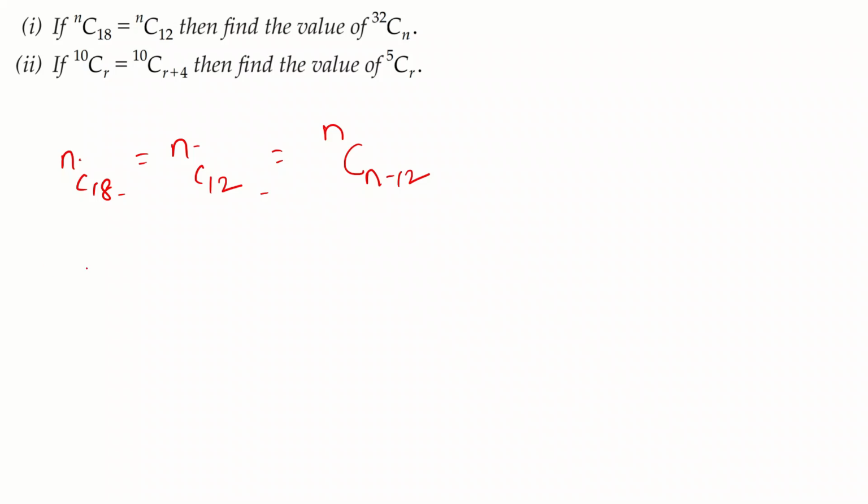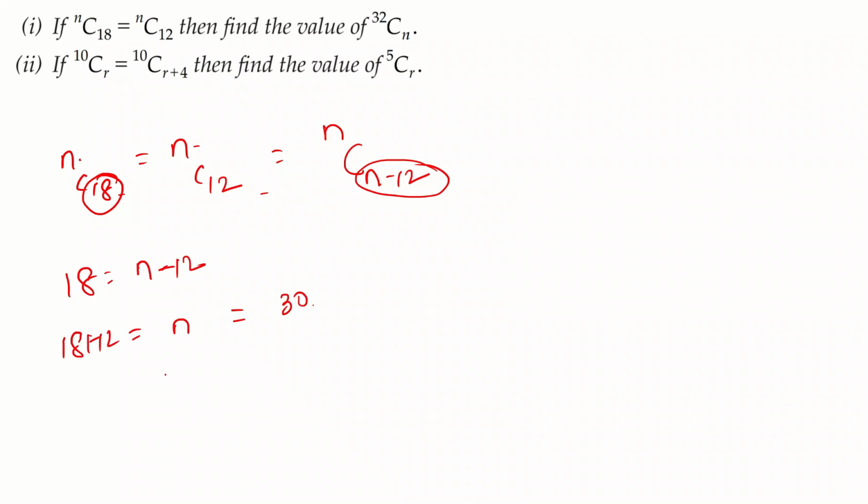Okay, so now we can equate these two. 18 must be equal to N minus 12. So we have 18 plus 12 is equal to N, which gives us 30. So N is equal to 30. And now they have asked you to find out 32CN. We have already found out N. So let's find out